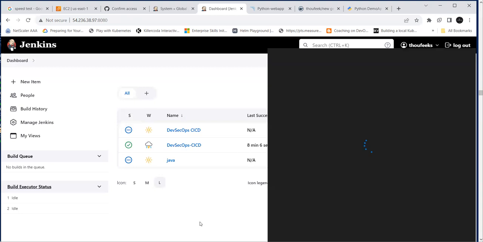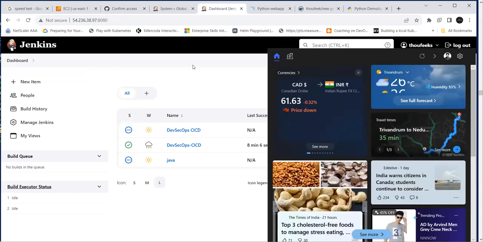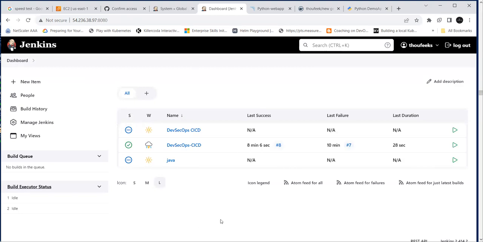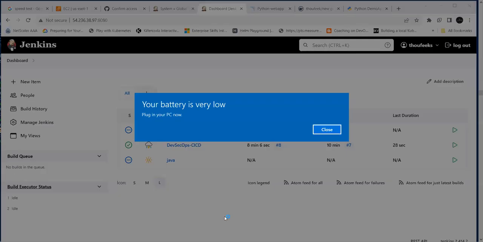Okay. Thank you. So do we need to add continuous delivery also for this pipeline? You mean manual? No, yeah, we